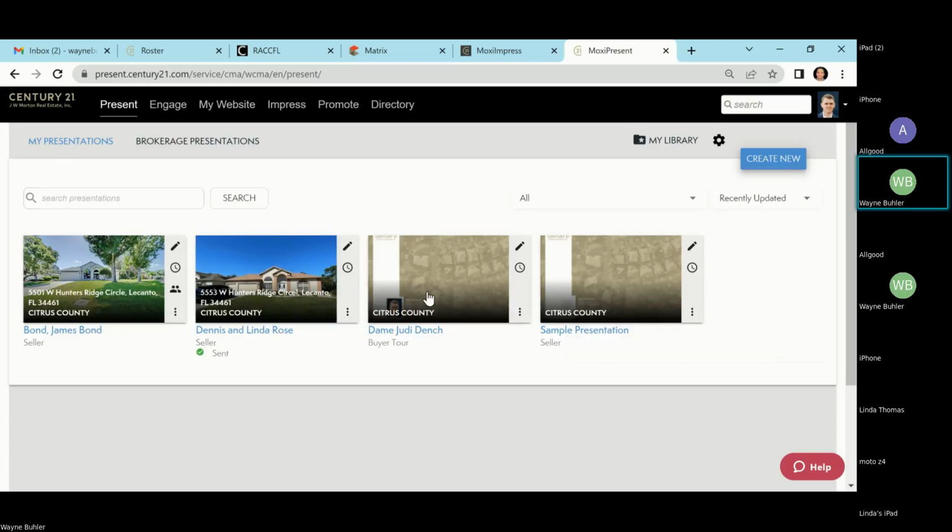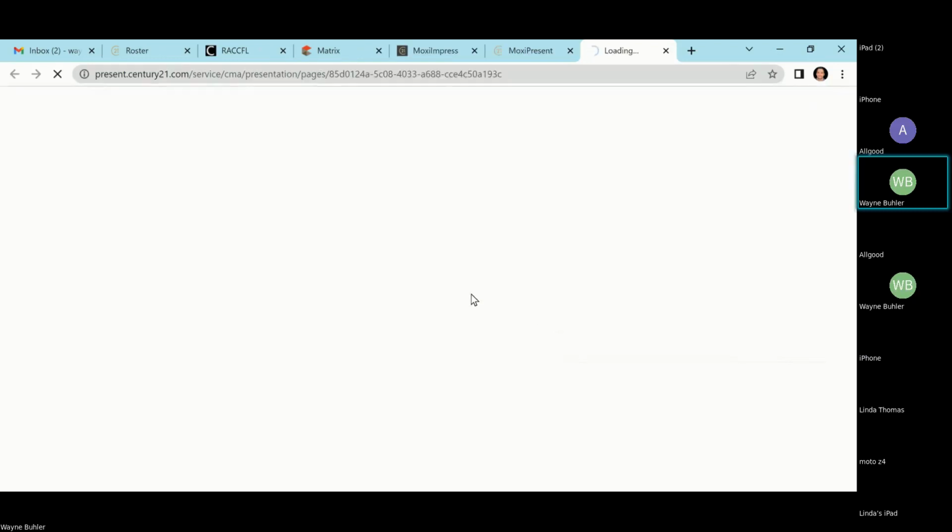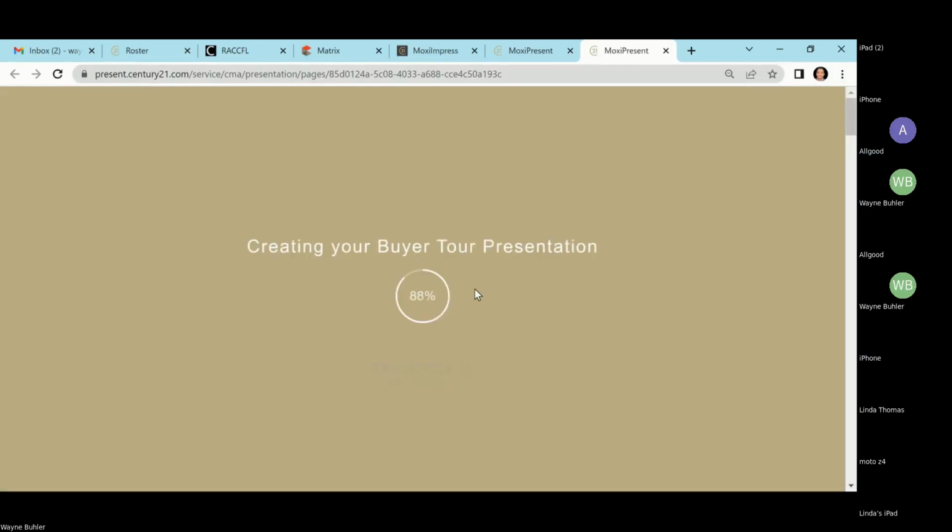Then what you can do is create a buyer tour, and it creates a CMA type presentation, except as a buyer tour. So, feel free to look at it as you go through, but I'll also show it on here as a presentation. Basically, it just creates this small tour, and instead of just sending that ugly MLS sheet, it creates this nice little folder